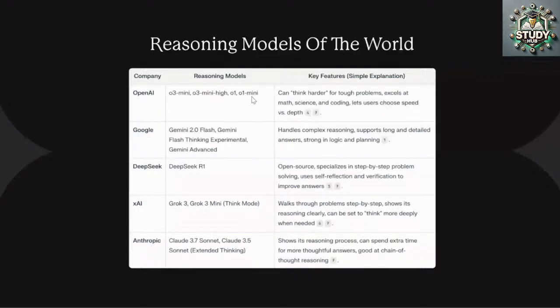So you can see OpenAI right now, you will not be able to see any of these models. It was way back, I would say 6 months back, it was plenty of models which was quite confusing for the user, right? You have O3 mini, you have O3 mini high, O1, O1 mini. Within Gemini, you have Gemini Flash and Gemini Pro. Pro is your thinking model. DeepSeek is the first model which you can say ignited the spark of the reasoning model, right? It was the first model which came with reasoning capabilities, and it shook the entire Silicon Valley once it was out, right? So I'll show you DeepSeek also.